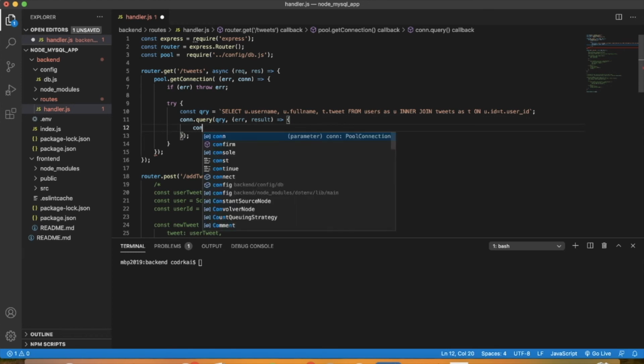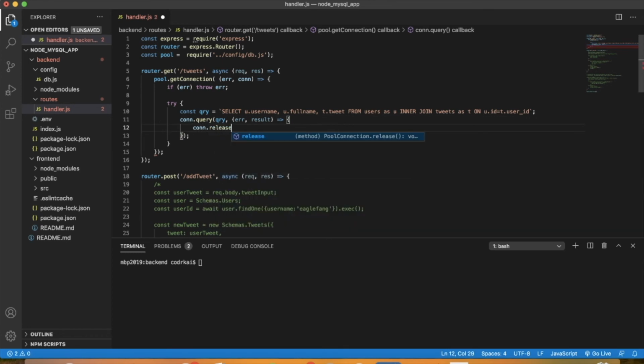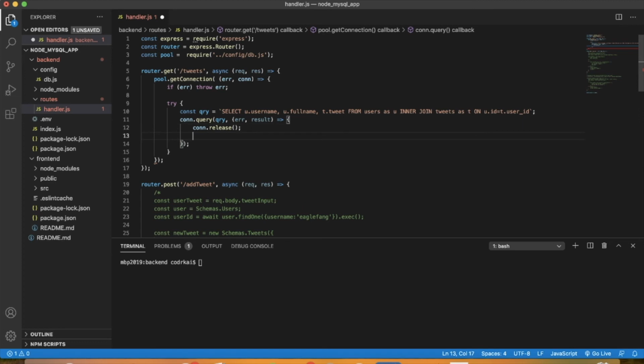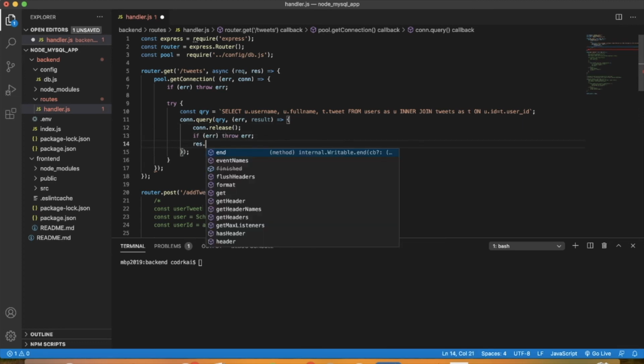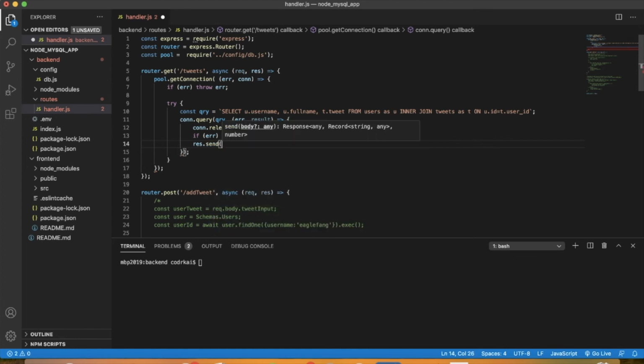And then once again, I'm going to release it. Connection.release. If error, throw error. Otherwise, we're going to send a response. And I need to stringify this. So JSON.stringify the result. And the results from this query. So this should query everything, return the result, and I'm going to